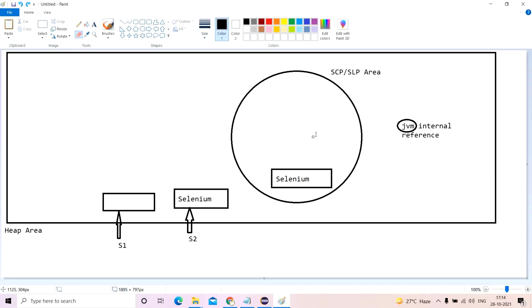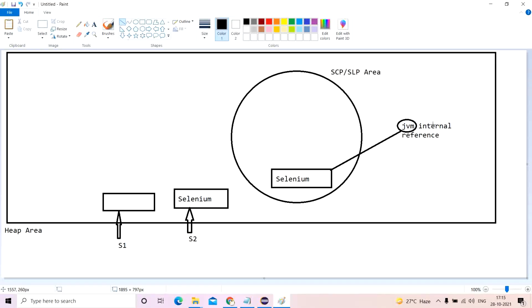Because by default, the objects created in the SCP or SLP area are referred to by this hypothetical JVM internal reference. That means there is some form of reference, whether it is hypothetical or direct. So the garbage collector will not violate the JVM and not delete.